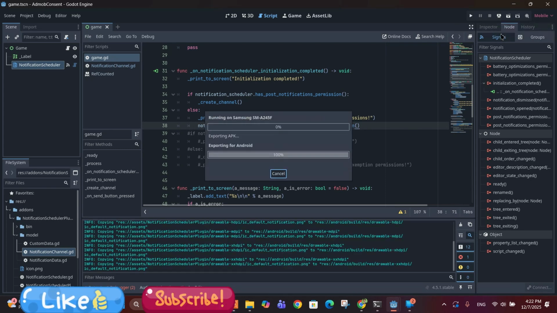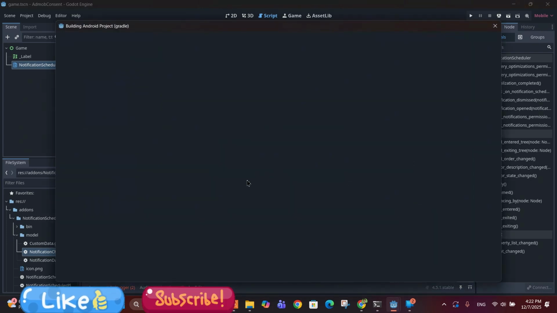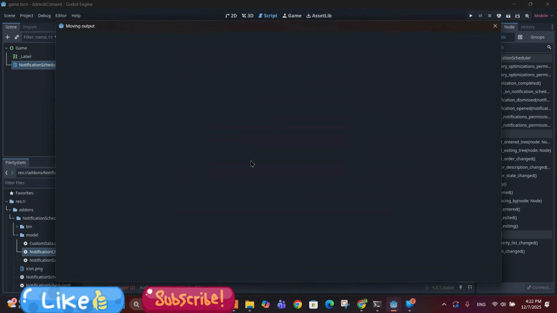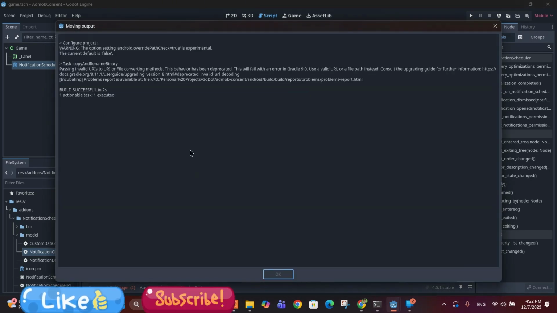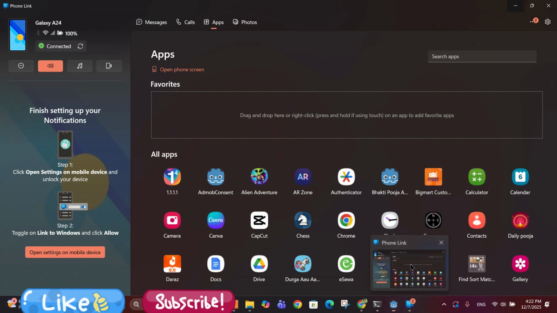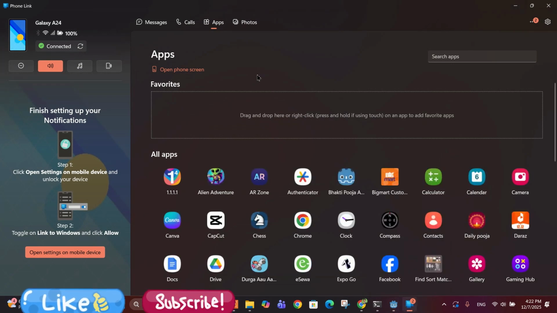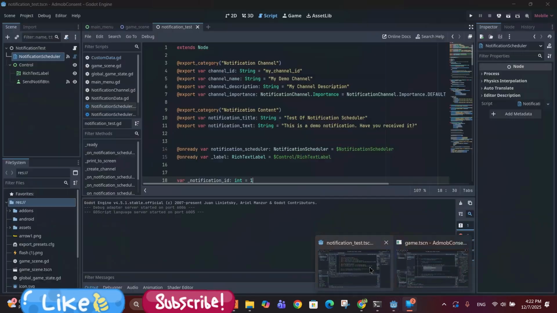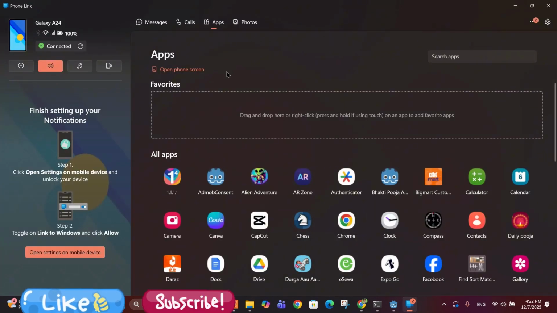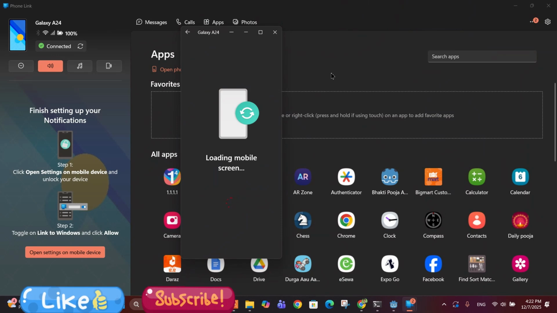Let me just upload the code again to the phone, and it takes some time. Okay, that's very fast. Let me open the phone screen. Is it installing? Okay, it has installed. Now let me open the phone screen. Okay,